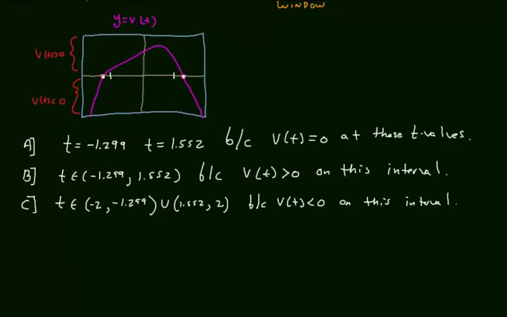Now for part D, on what interval is the acceleration positive? First, let's get a visual of that. Acceleration is positive if the slope of velocity is positive. So it's clearly going to be on this interval here. Now there's a very specific way that I'd like you to go about answering this. The AP supports this technique. Instead of eyeballing or even figuring out a max to determine this interval, the idea here is